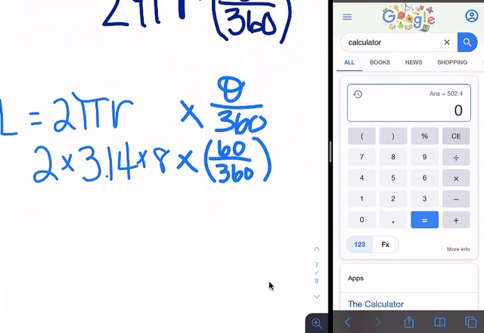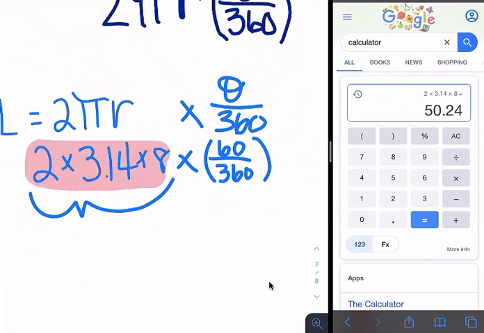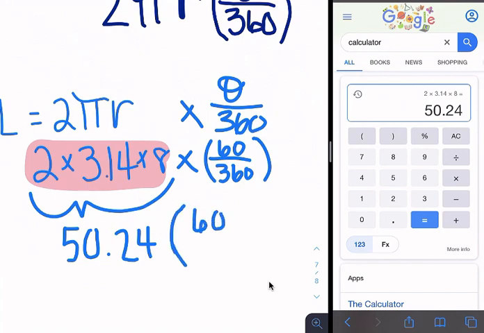All right, I'm going to find my circumference first. So 2 times 3.14 times my radius, which is 8, and just this piece is going to give me 50.24. So that's my entire circumference. So remember, we're just looking for 60 degrees out of that 360. So we're going to multiply that answer times 60 out of 360. So in my calculator, I'm just going to press times,